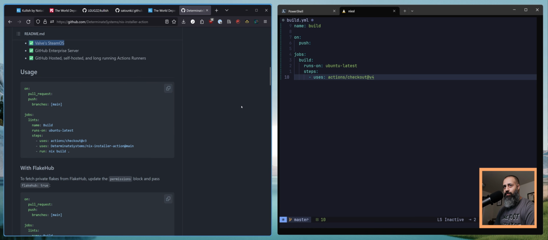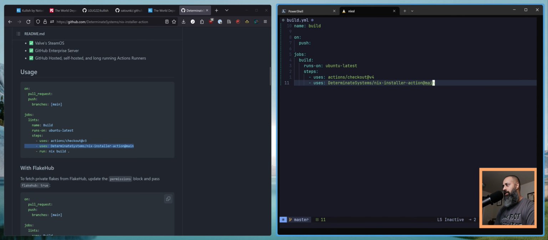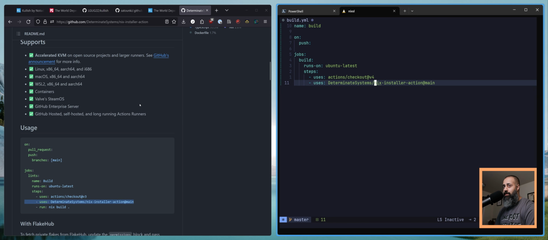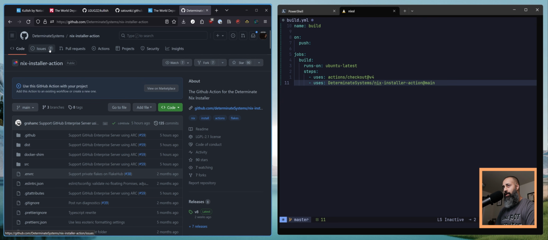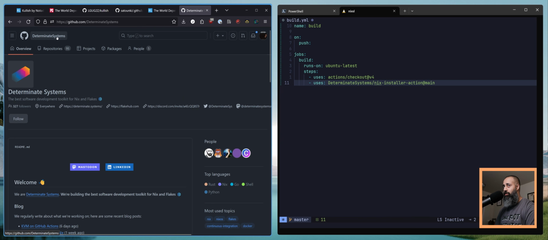Alright, so, based on their own usage, you just need to copy pasta this into here. And what this is going to do is it's going to install Nix. It's going to do all the things. It's going to be as if you have NixOS installed on your runner, right? And then you can interact with any of the regular old Flake commands. However, before we do that,